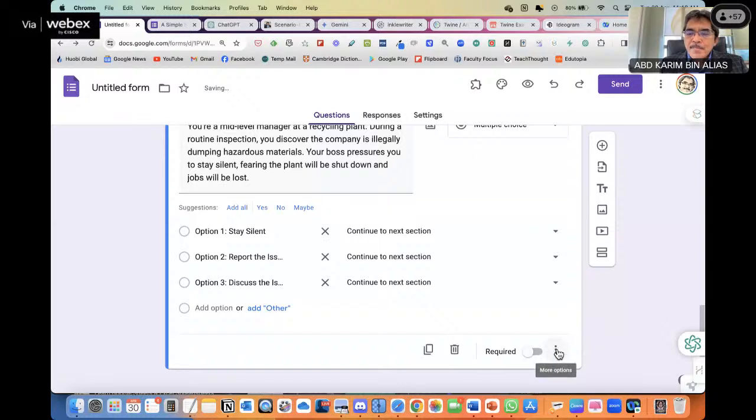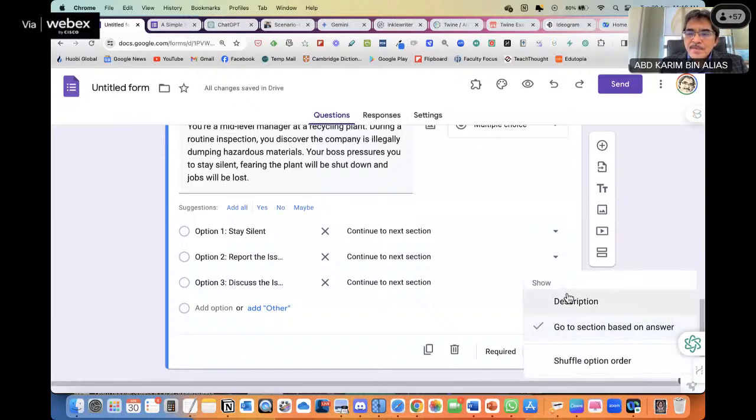The three dots down here: show description, go to section based on answer, and shuffle option order. You must enable go to section based on answer. So there are three options. We will create three sections for the three options.